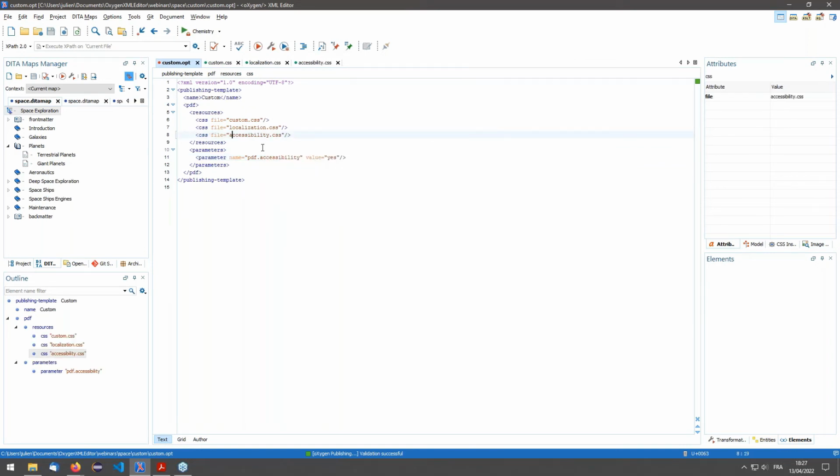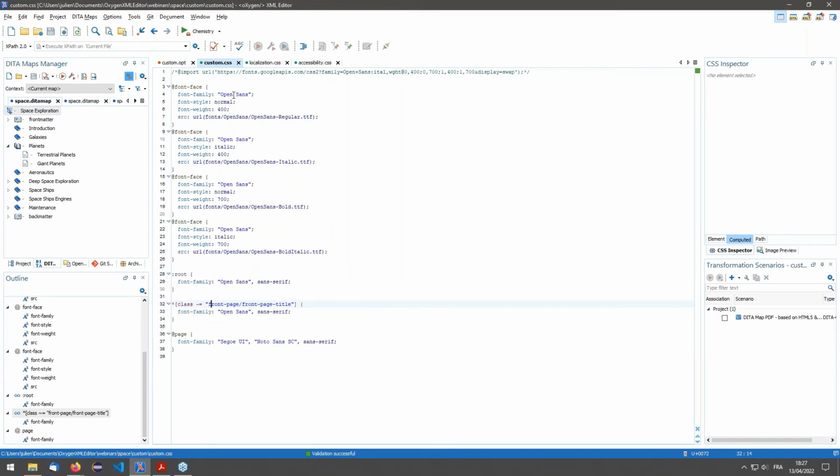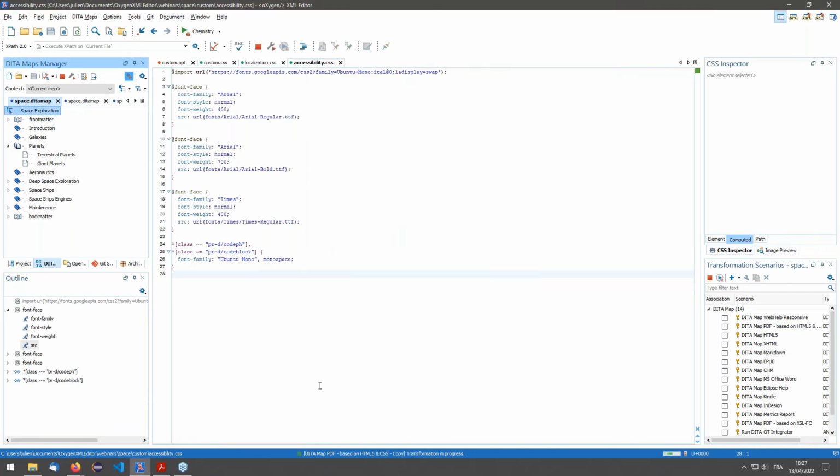And I've already created an accessibility style sheet which will embed the last fonts that I don't have already embedded in my document. So I will keep the Open Sans font. I will keep the Segoe UI, which is used as a preset by Windows. And I added other declarations for the other fonts to make sure that my document is fully compliant with the standard. So I will run the transformation again,